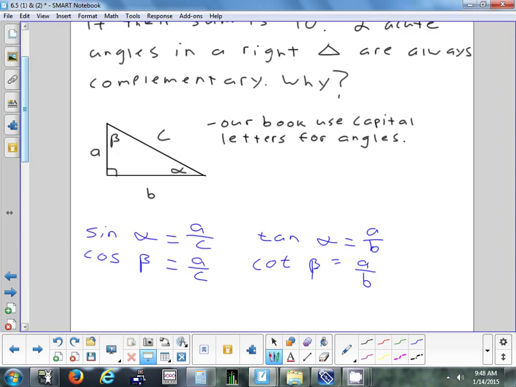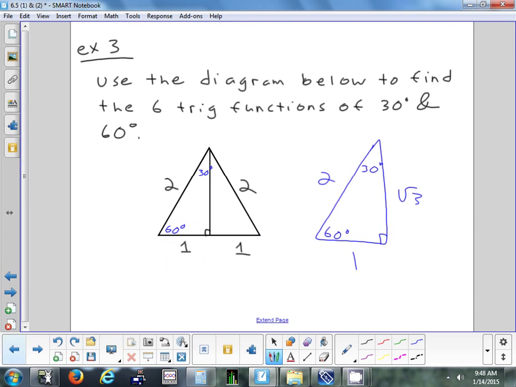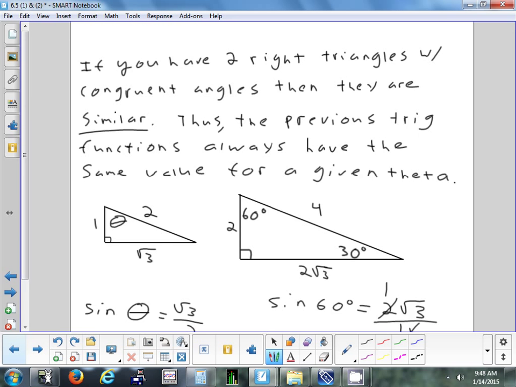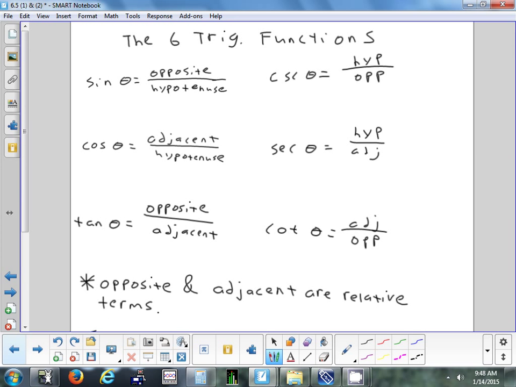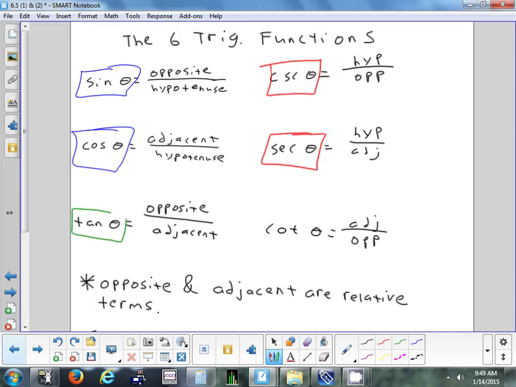What's the relationship between alpha and beta? There's a special name for those kind of angles we just talked about. They're what? Complementary. They're complementary. Okay? There's also a special name for the way I'm pairing these trig functions. I'm not pairing trig functions with what's across from them, like I did here. I'm pairing sine with cosine. Okay? I could pair secant with cosecant. And then the last pairing does happen to be the same. Tangent with